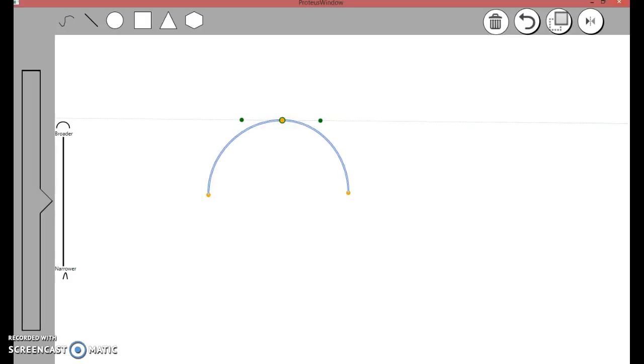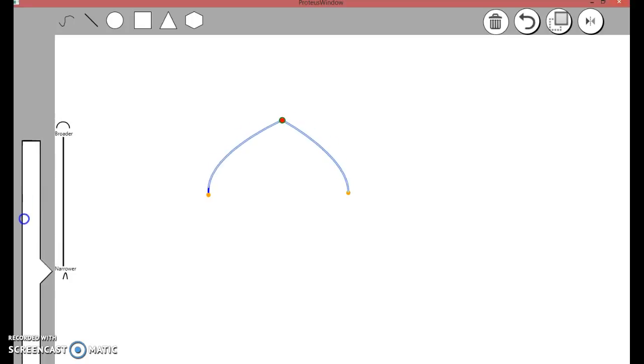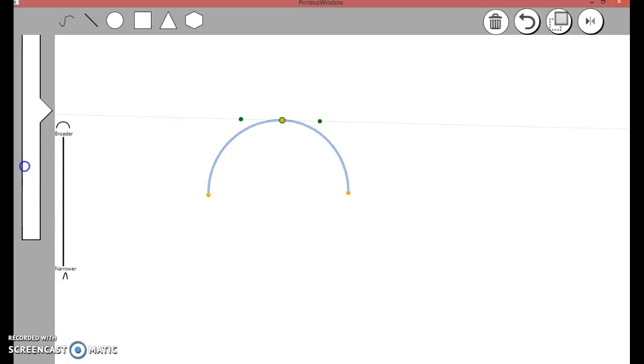And once again, when you have a smooth line like this, if you drag down, you introduce a cusp, and if you keep dragging down, you get to the point that it's a sharp curve. So it makes it very easy to blend between smooth things